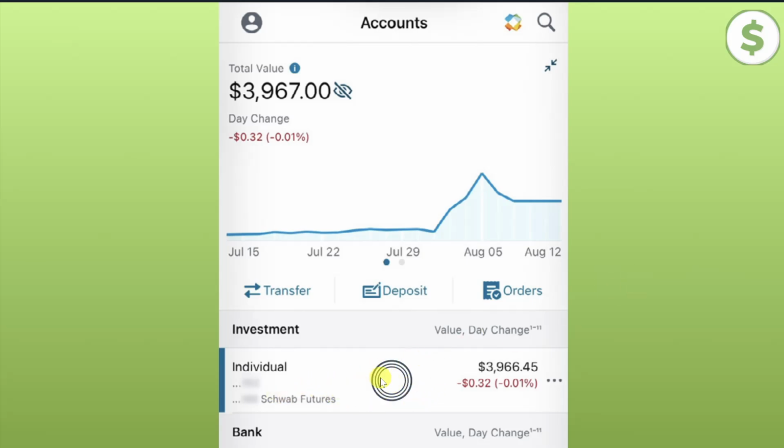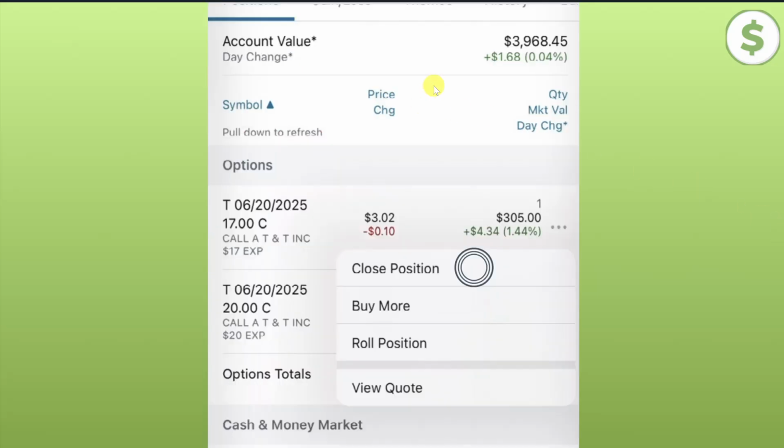You just need to tap on it. Then on the screen, you will be able to see the details regarding your selected account. Now under this option section, you will see all of your option positions. Now what you need to do is just click on this